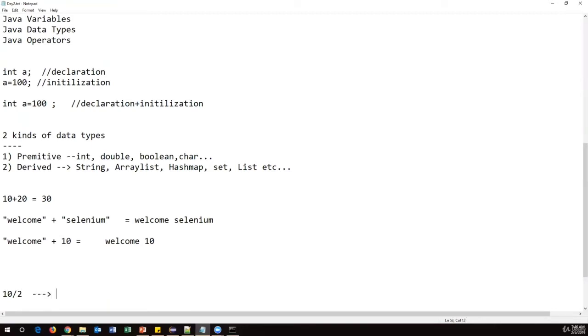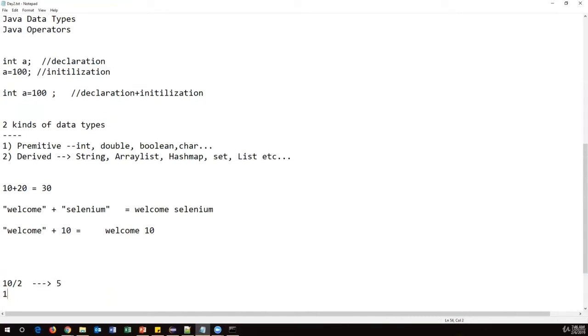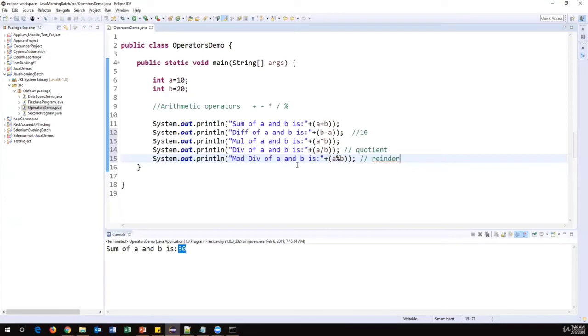What is the quotient? 5 it will return. And when I say 10 percent 2, this operator will give you remainder as 0. So this is the difference between slash and percent. One is for returning the quotient, the other is returning the remainder. I've just used A/B, A percent B. This will return the remainder.